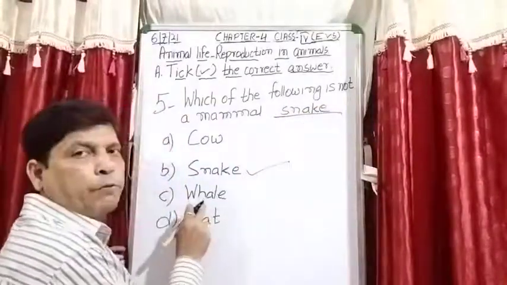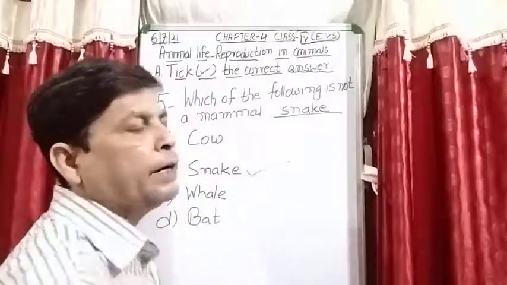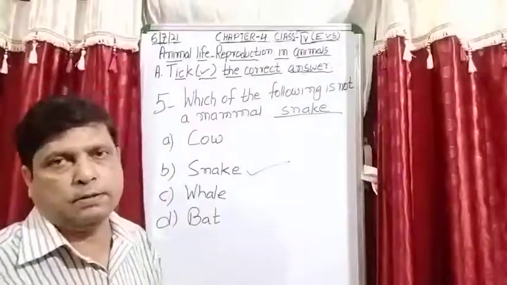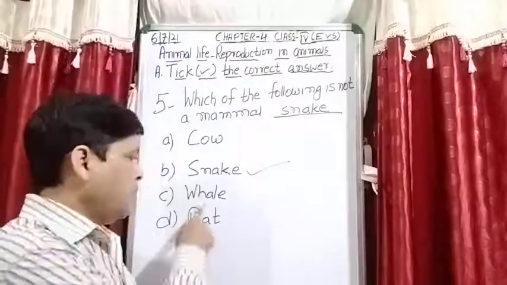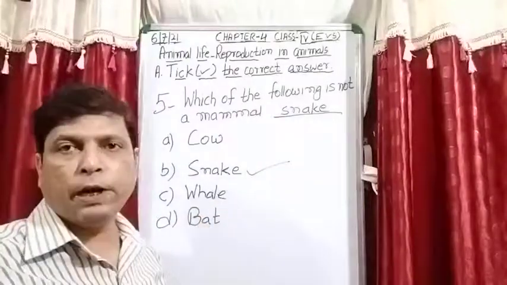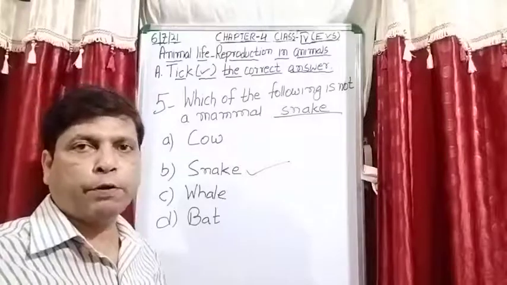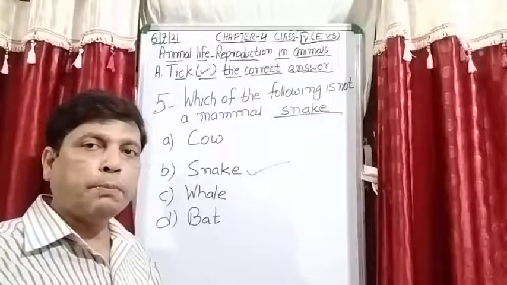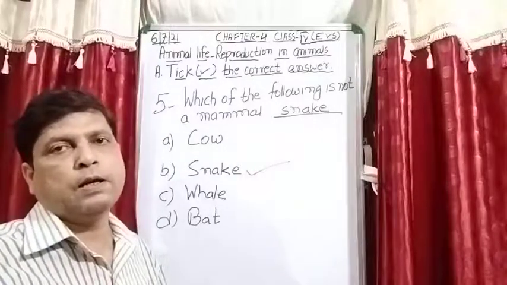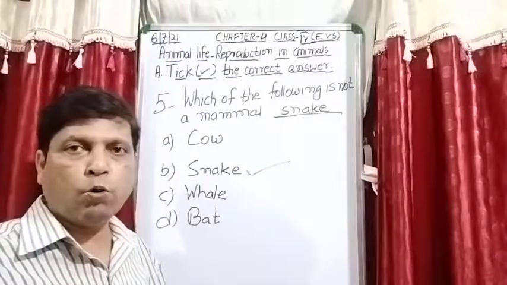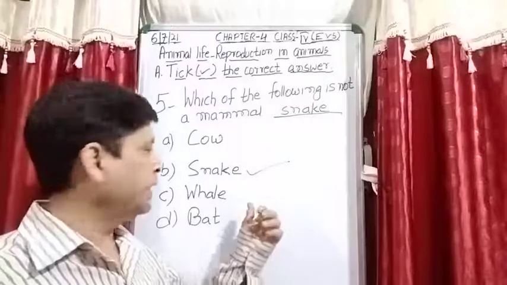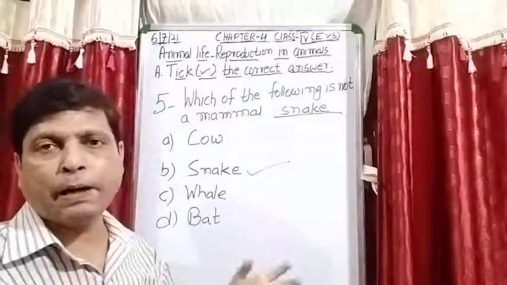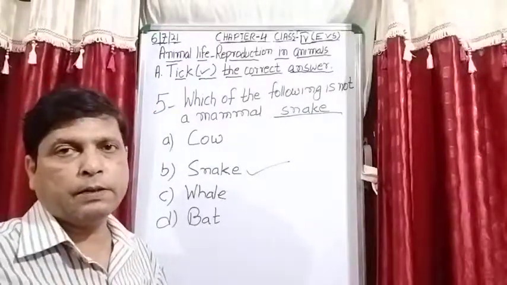And whale is a fish. As we know that many of the fish lay eggs, and from the eggs the young ones come out. But if we are talking about the whale, it is also a fish, but they give birth to their young ones and feed them with their own milk. So whale is a fish, but it comes in the mammal category.